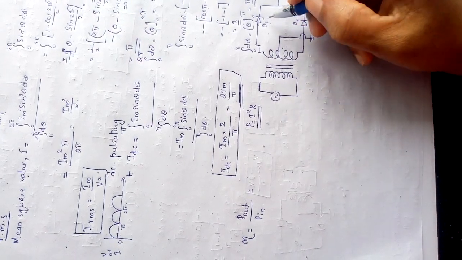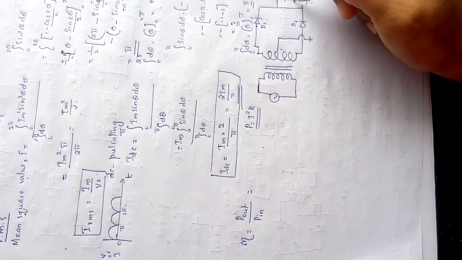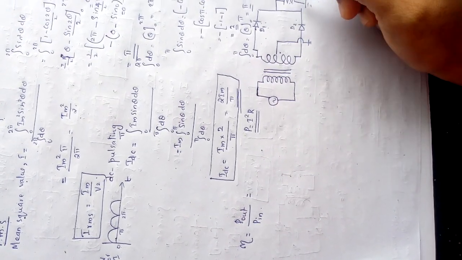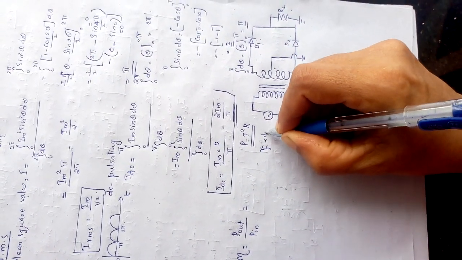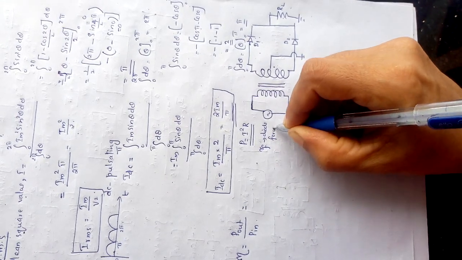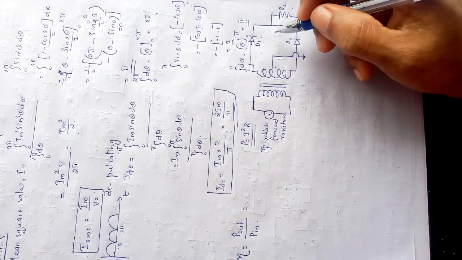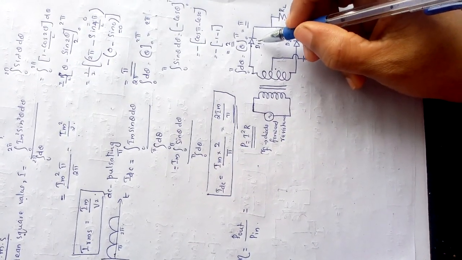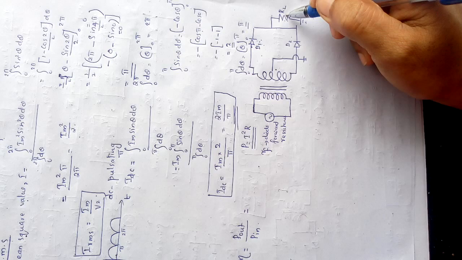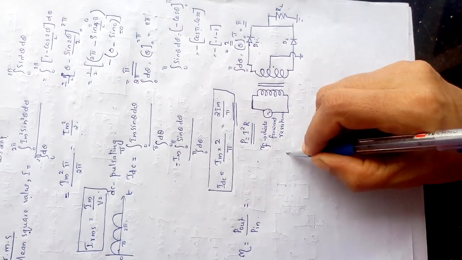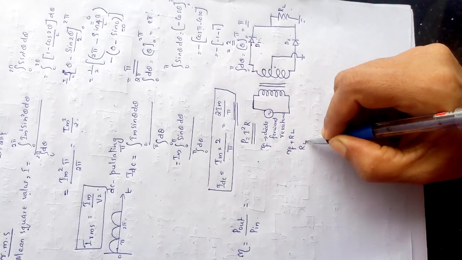Here the current flows through the diode and resistance. AC flows through the diode and resistance, but DC is taken only across the load resistance. Suppose we take RF as the diode forward resistance, which has a small value of the order of 25 ohm. The AC passes through diode D1 and RL at a time, and at the next instant it passes through D2 and RL. So the total resistance in the input part is RF plus RL, and in the output part it is only RL.